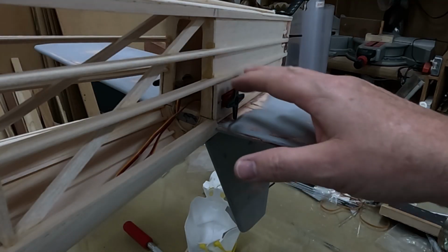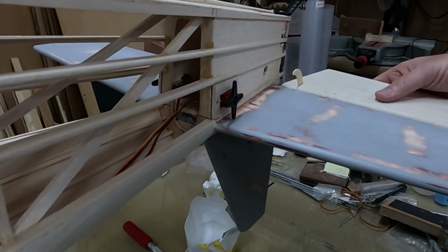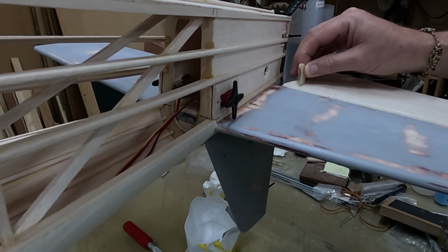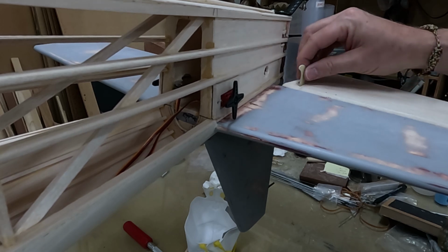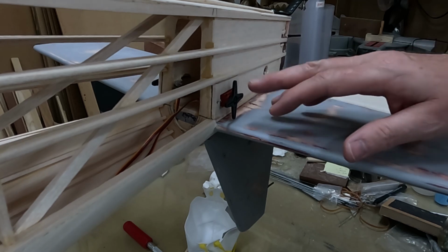Screws are in place. This whole part is complete. They've been hooked up to the receiver. They are operating in correct rotation. I have the control horn just placed into position. I won't glue these in until after I have fiberglassed the elevators and primed them, so they're basically like this and ready to be painted. At that point, I'll glue in the control horns so they get painted as well,